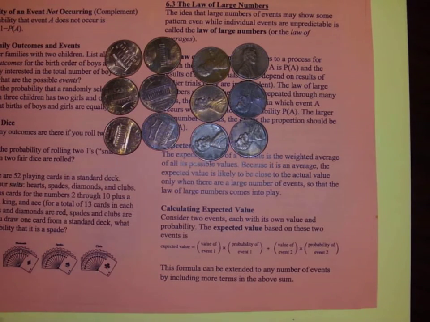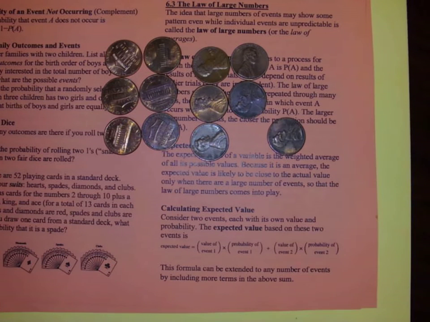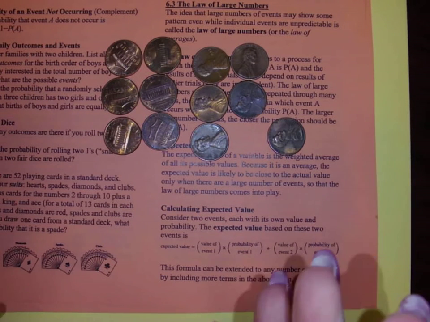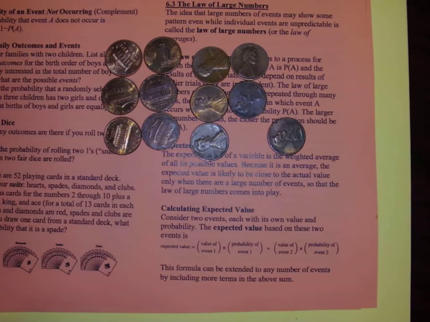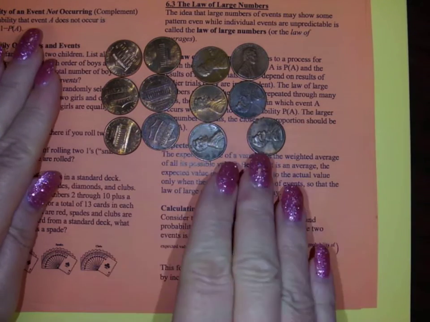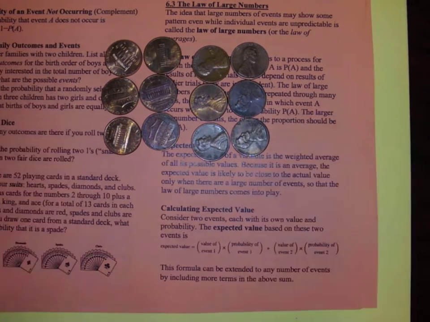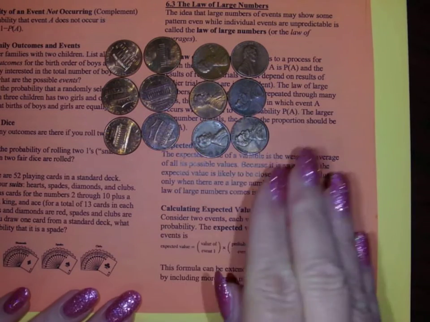So if we were in the classroom, I would give everybody a coin, a penny, and we would flip. You'd flip 10 times, and then we'd write down the numbers of how many heads and how many tails. Because I don't want to flip the coin, let's say, if there were 10 students in the class, I don't want to flip it 100 times. But if everybody in the class flipped it 10 times, and we add up all the heads and all the tails, 100 flipped coins is more than, in this case we have 12, but even if we had 10. So therefore,